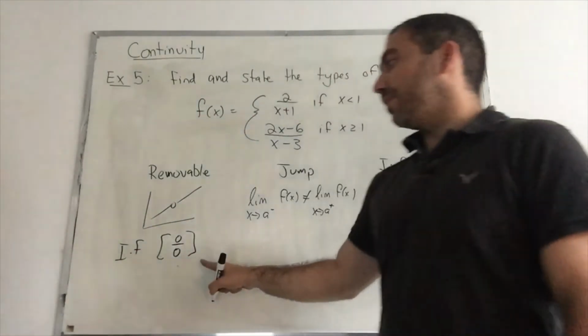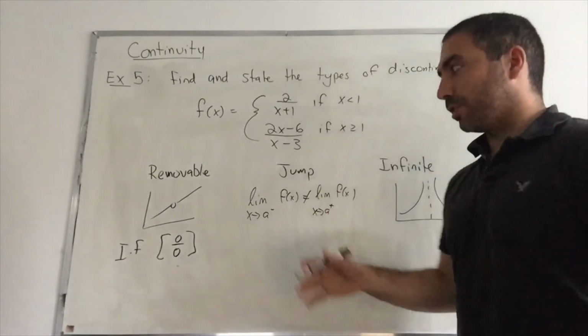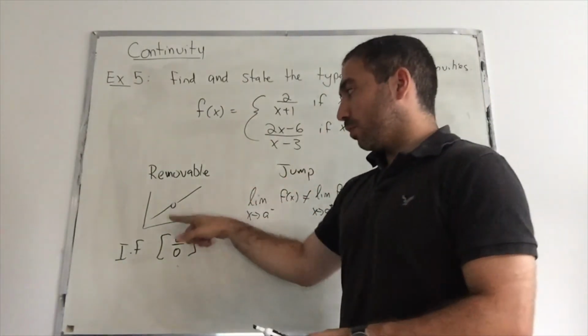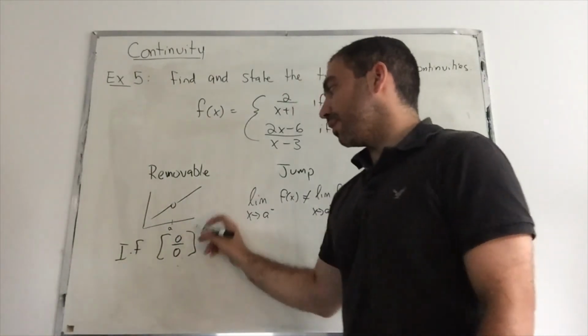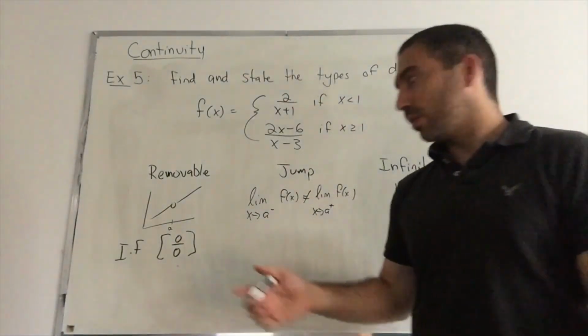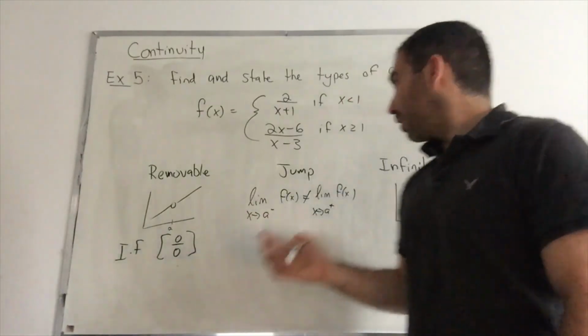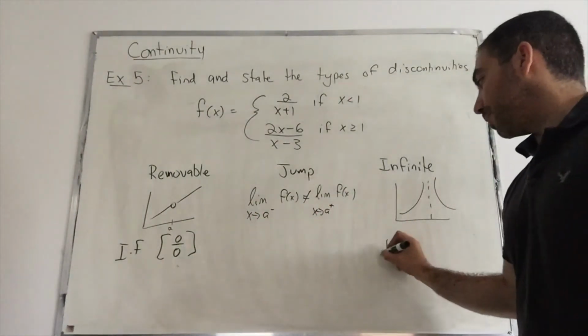Okay. So if you get the indeterminate form 0 over 0, or essentially when you take the limit and you plug it in, wherever this x value is, let's say a, when you plug in a, you'll get 0 on the top, you get 0 on the bottom. This is a hole. This is a removable discontinuity. Whereas for infinite, what you're going to get is the indeterminate form,